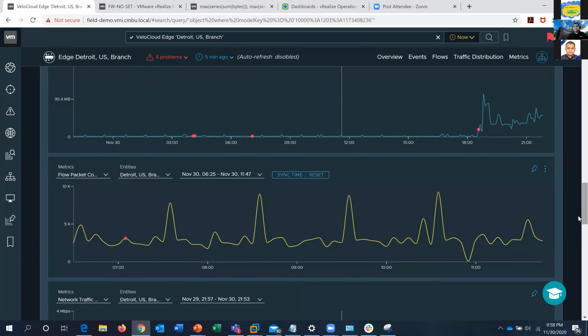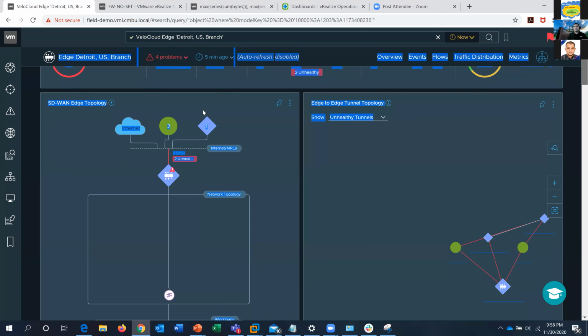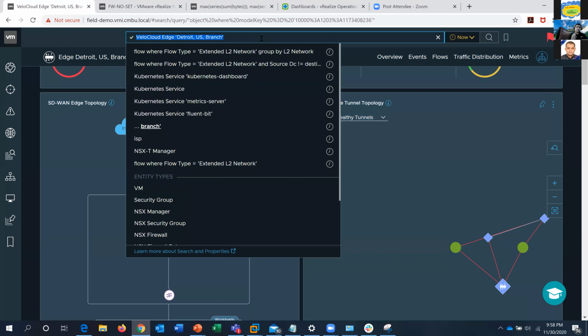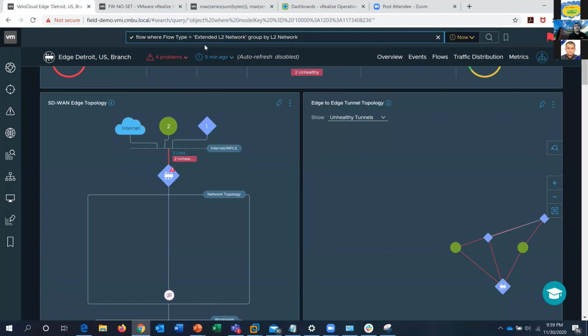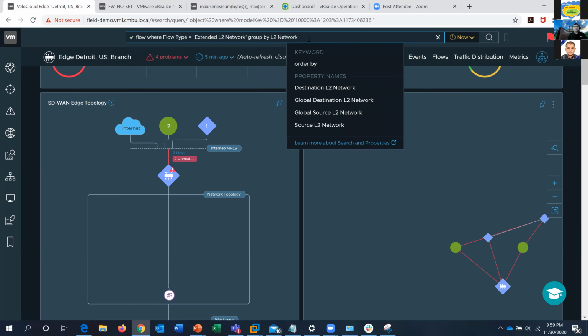So one last thing, which I wanted to show you was on the HCX metrics which we have. So I already had this search query. So like I mentioned on the slides, I can select a new flow type this time, which is the extended L2 network, and group by L2 network. Flow where flow type is equal to, and then I can say that